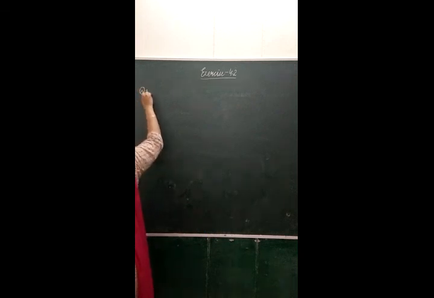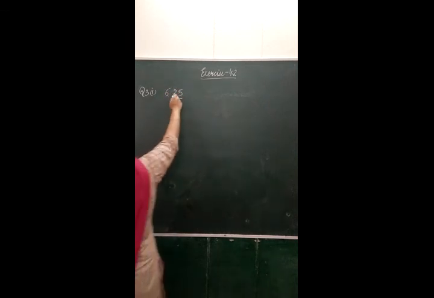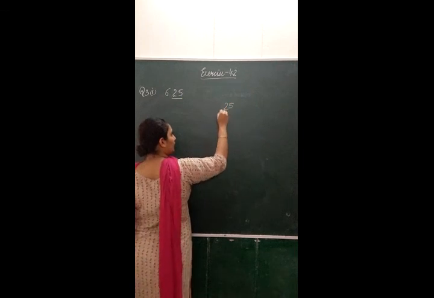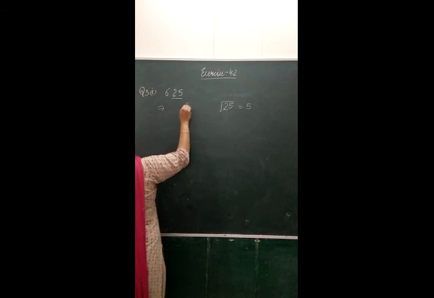Then in the third question again we have to use the shortcut method to find the square roots. Now this method is also applicable only when we are having 25 at the end. So now we know that 25 is the square of 5. So that means the number at ones place will be 5.